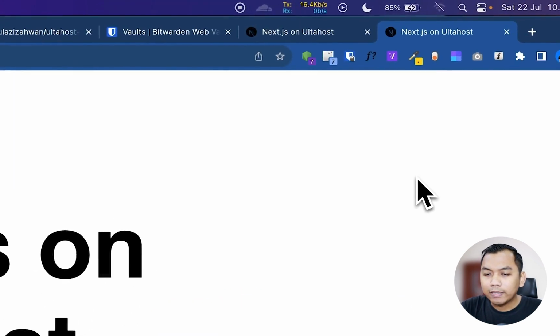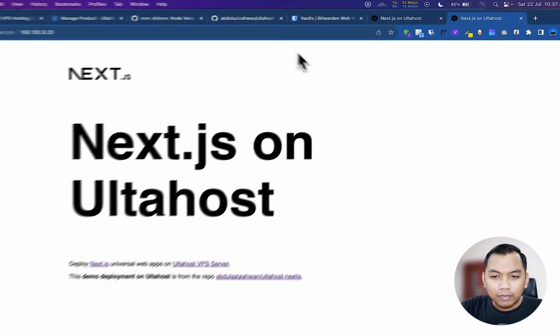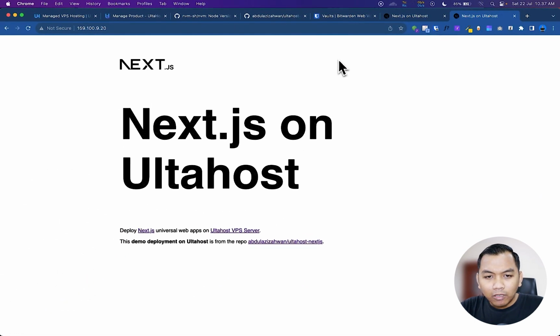And now my server only accepts port 80, and HTTPS, which means 443, and also SSH.